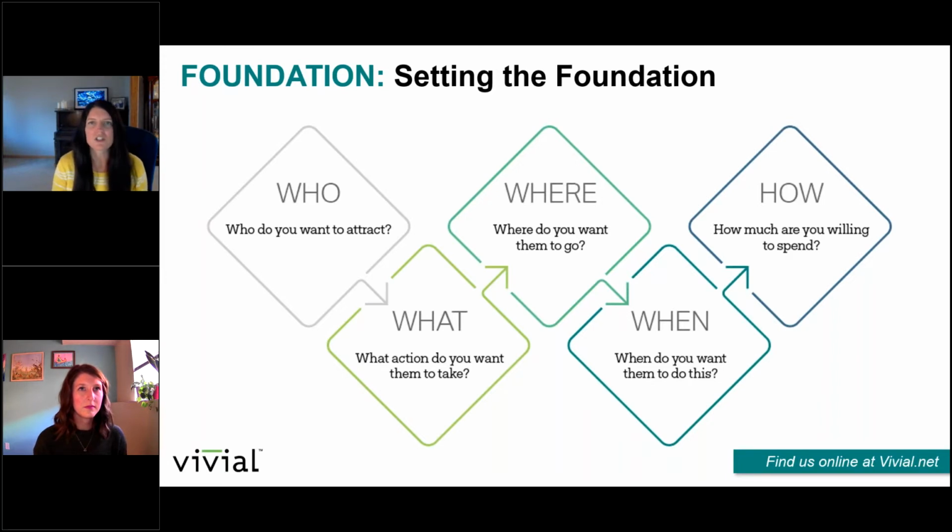Is this about making a purchase online? It can be any of those things, and you really want to think about what it is that you want them to do with your business. Where do you want them to go? We're going to talk about this in a little bit, but you want to make sure that when you're directing a prospect or even an existing client somewhere, it's a very good user experience, and we're going to give you examples of how to best do this.